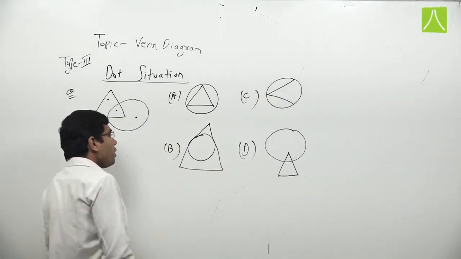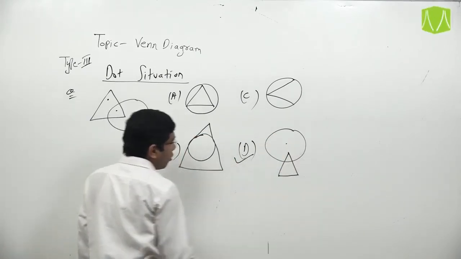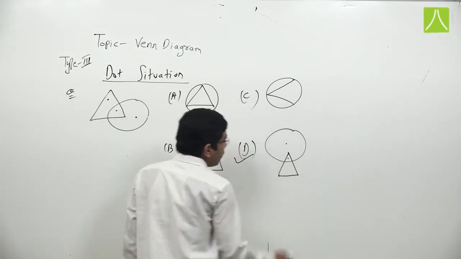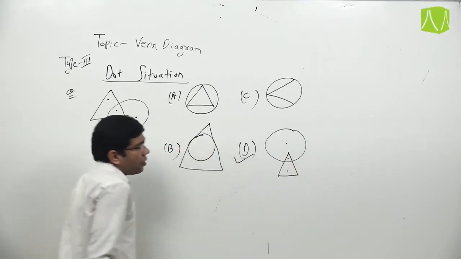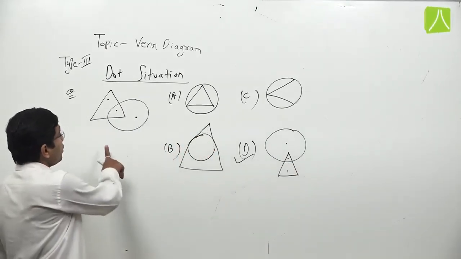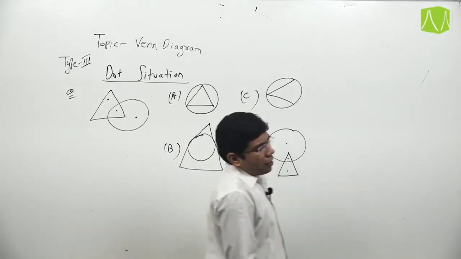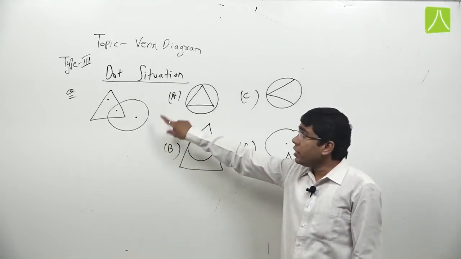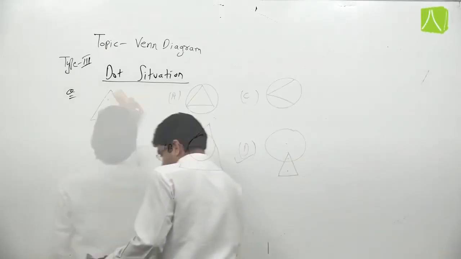So our answer should be option D, because in this option we can denote a dot which is present only in the circle. We can denote this dot which represents the common part of circle and triangle, and this dot which represents the single part of the triangle. So for this question our answer should be option D. So in this type we have to denote the dots in the given area according to the option. Now take more examples.